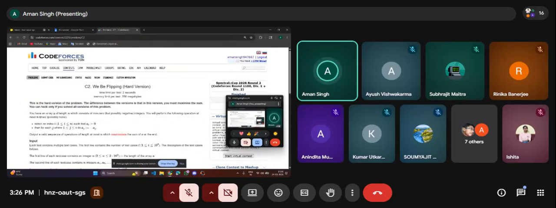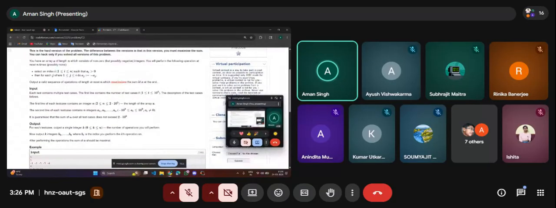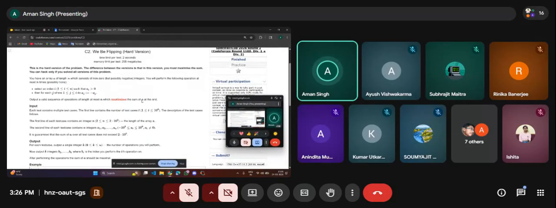Okay, so this is the hard version of the problem, and in the easy version, we needed to minimize the sum of array A at the end, but in this version, we need to maximize the sum. And here, everything is the same as in the previous question. Like in this question also, we can do this operation. So we can select an index i such that A is greater than 0, and we can change for each index j such that j is less than or equal to i. We can invert the sign of elements from the 0th index to the ith index. So the operations are the same.